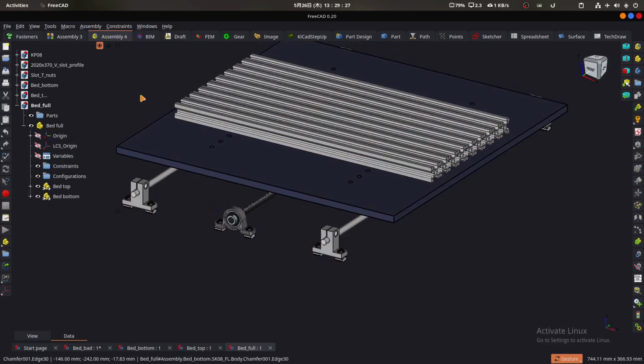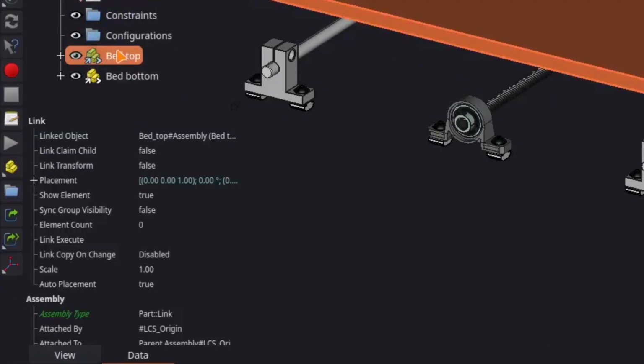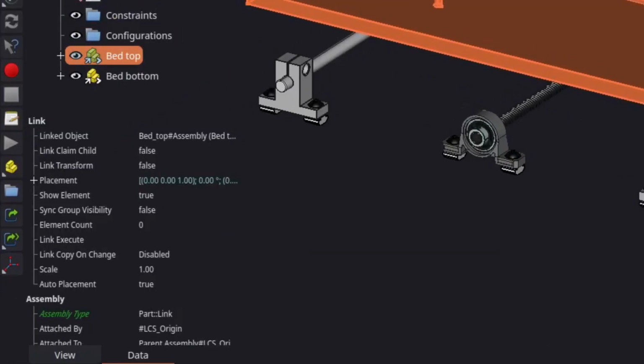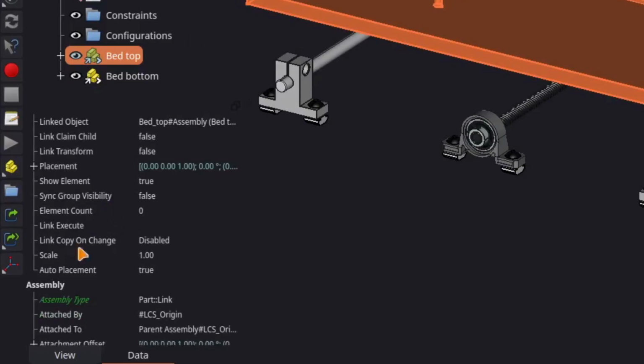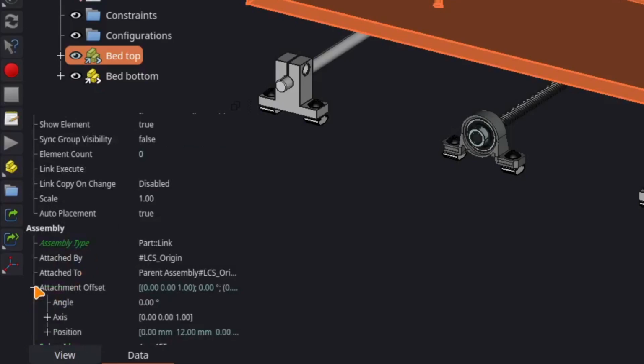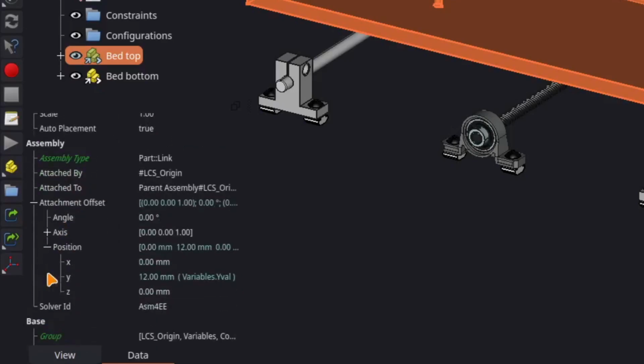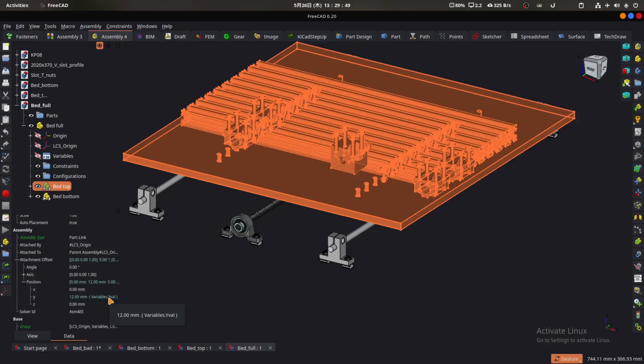In this animation, what I did was to add the variable to the sub-assembly that moves. In this case, here in assembly, attachment offset, position, and Y, here is the variable called YVAL. This variable moves all the sub-assembly with all the parts joined.